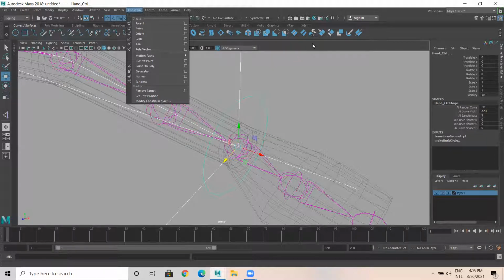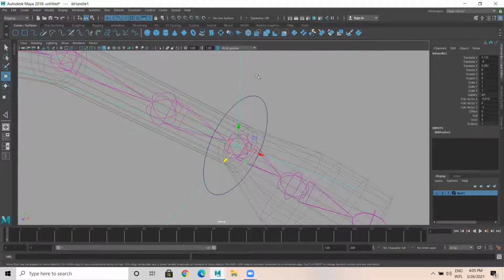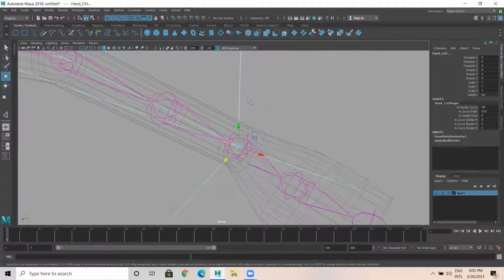Pole vector is also another type of constraint which controls the position or movement of the elbow and knee part.